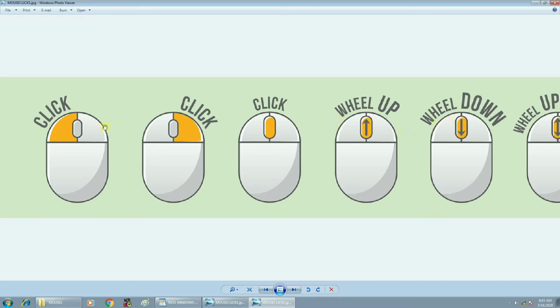Okay, so what are the basic operations related to the mouse? Left mouse click, right mouse click, and you can scroll the wheel from one page to another page in the document. For double click, there is no separate double click button, so you just have to use the left click 2 times. Okay, I will explain practically.